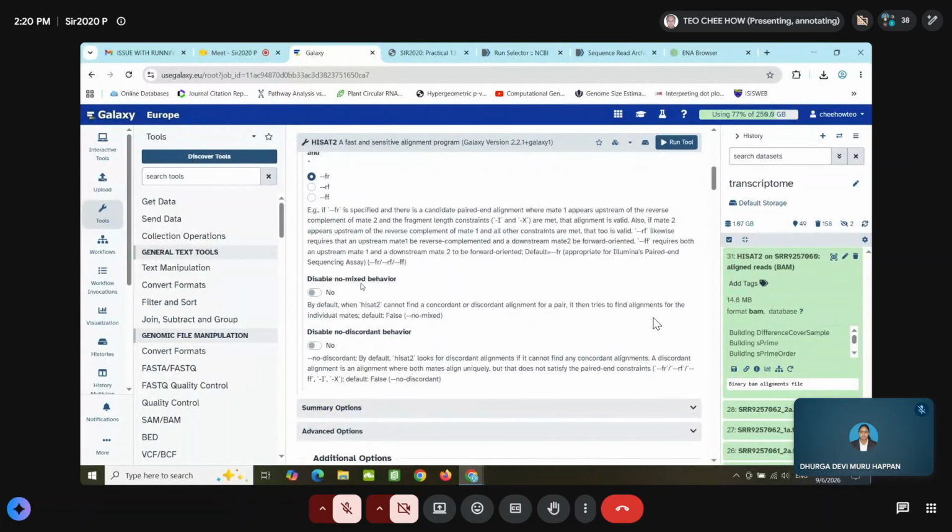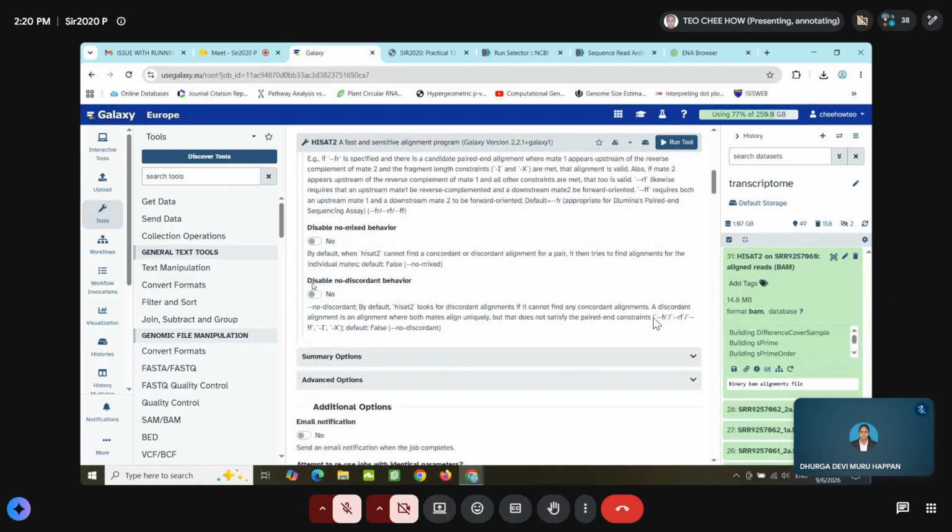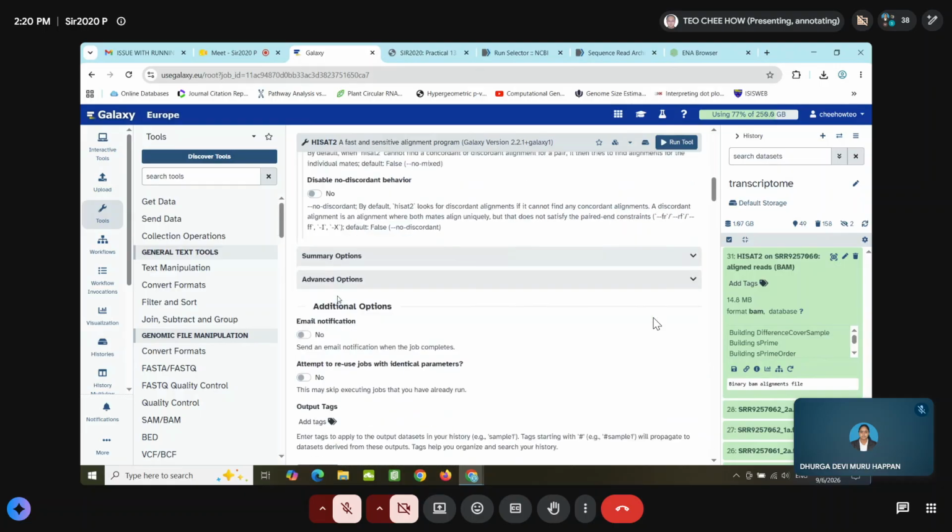The other thing is we usually do not disable the no-mixed behavior, right? If it cannot find any for the pair, then it tries to align in the individual mode. This is not recommended, right? And also disable discordant behavior. Also, this one we will choose no, right?